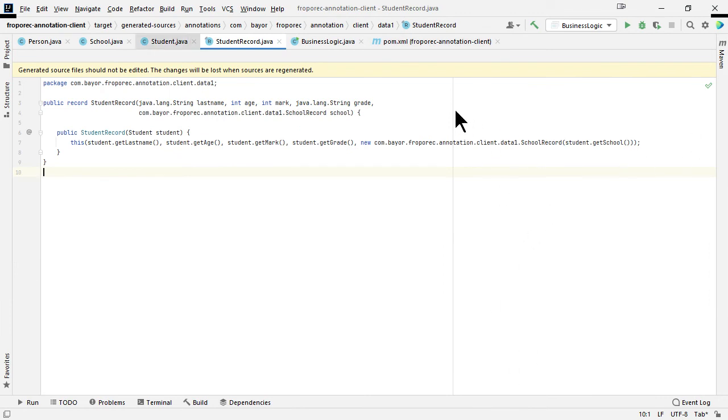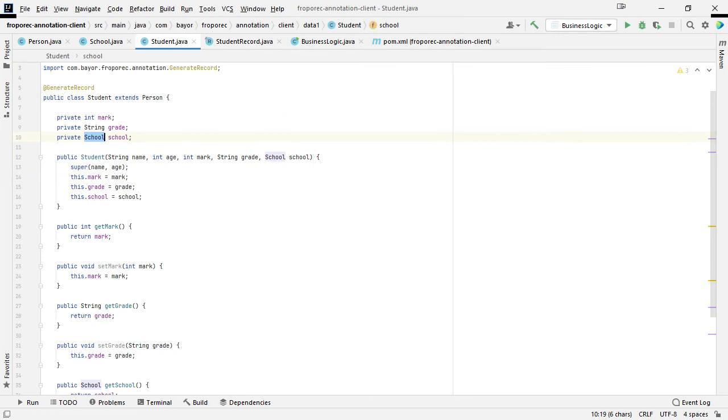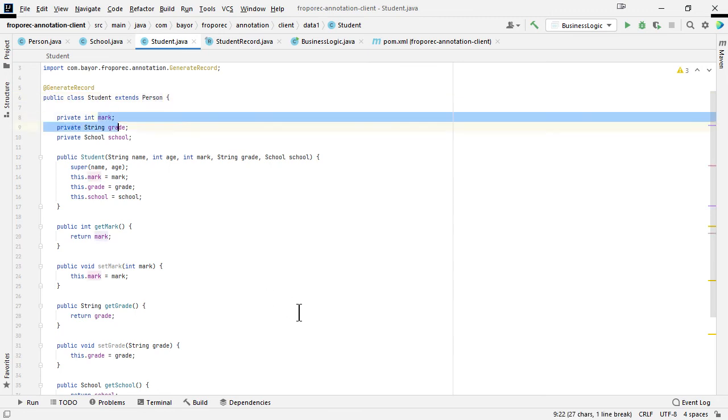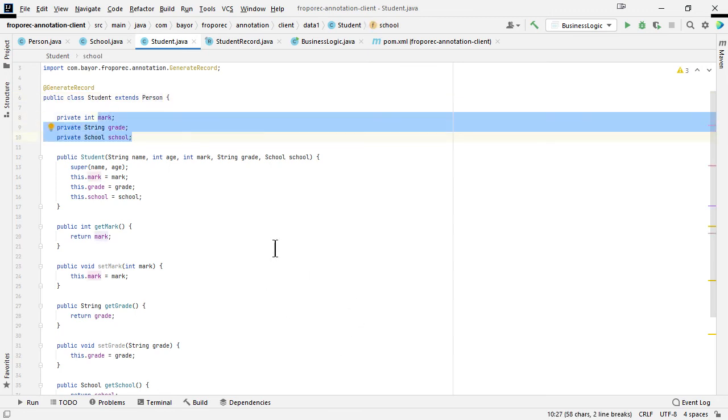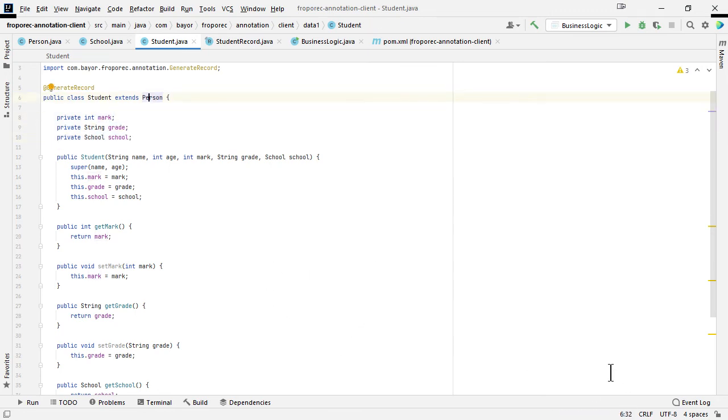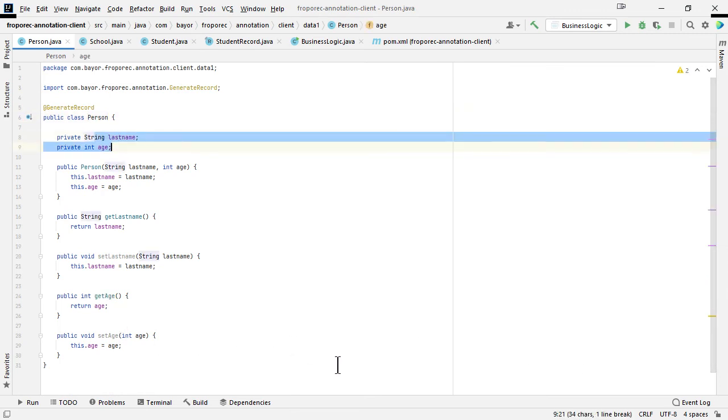We have the student Podio class extending another Podio class, which is the person Podio class, which means additionally to its own attribute, the student class also carries the attribute from the person class.